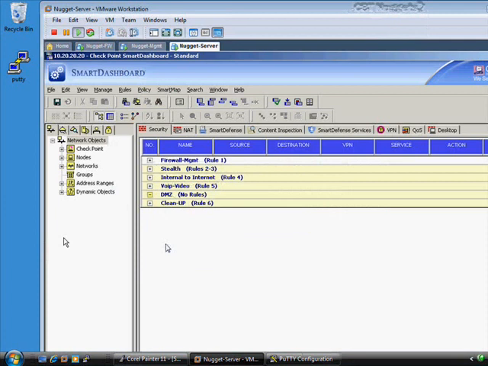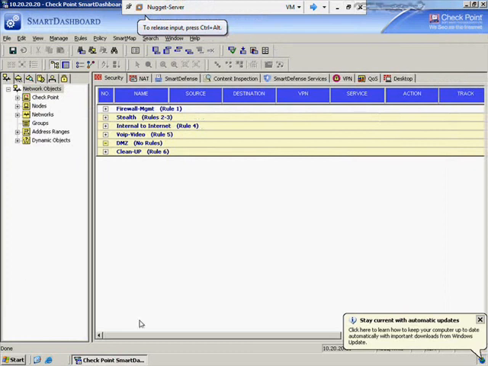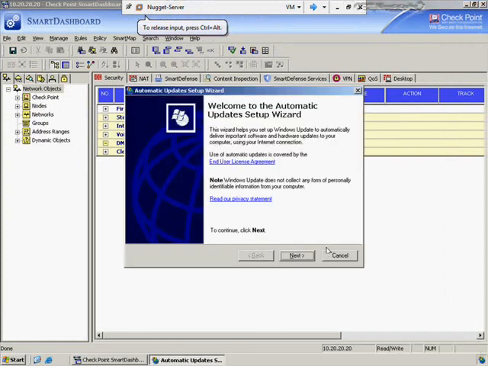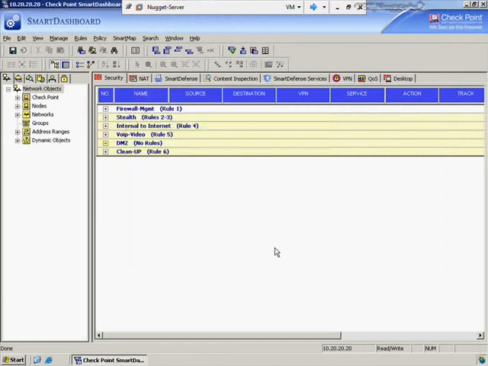Alright, so now that we're logged into our Nugget management server's dashboard via our Nugget server here, let's take a look at how we would issue a static NAT out to our Nugget management server to get it accessible, just in case we needed to log in maybe from the internet to actually see everything. So let's go ahead and cancel off of this for now, because we don't really want to know about the automatic updates from the system. But what we want to see at this point is exactly how this NAT is going to work for us. So what we're going to do is open up this Nugget management server,